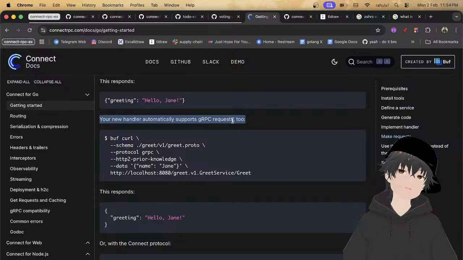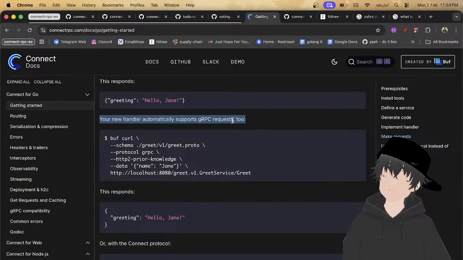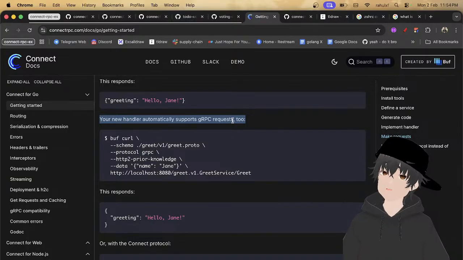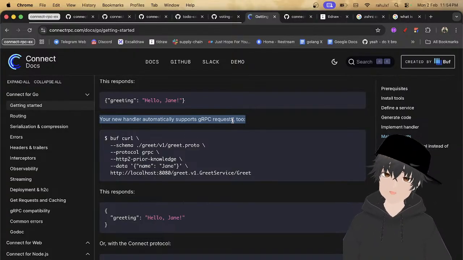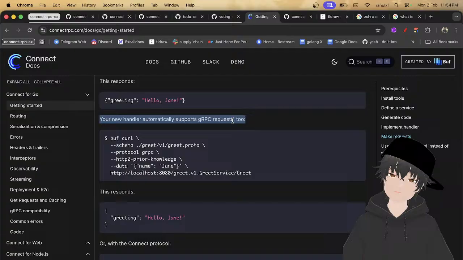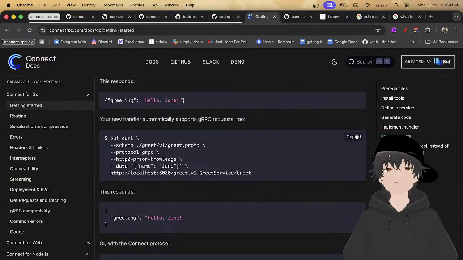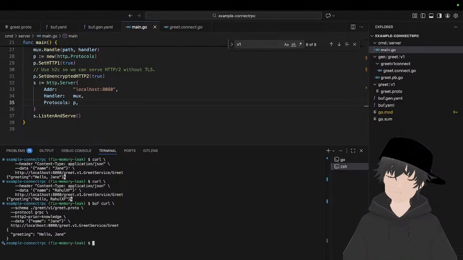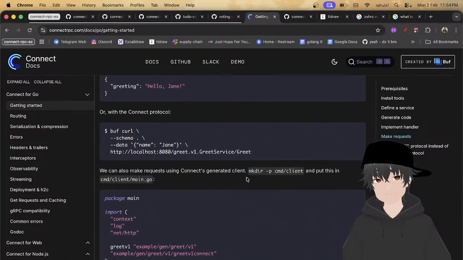So you can see buf curl, schema, then protocol, then HTTP2 prior knowledge, and then the data. What you can do is just copy it and type it. That works good. You can also do it that way if you want.